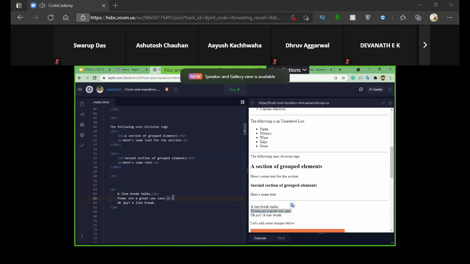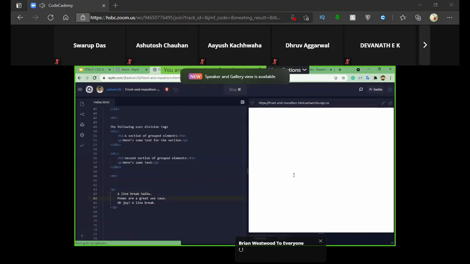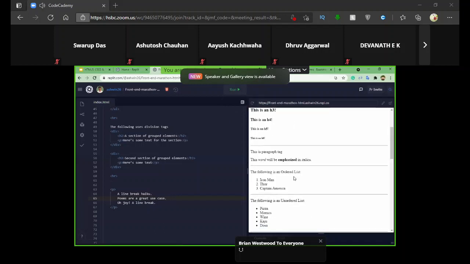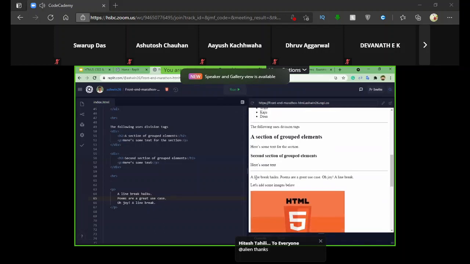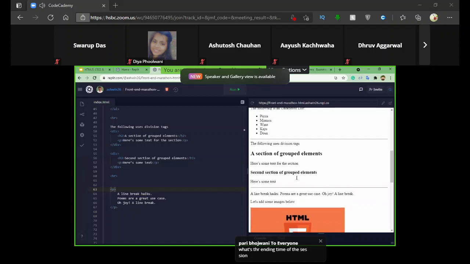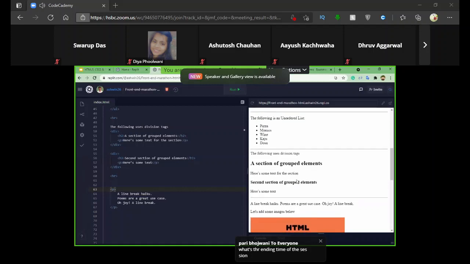To prove it to you guys, I'll just remove these two tags and run it for you to see how the text is displayed. As you can see, all of it is displayed in one line. Even though I have separated it out inside this HTML file, it is not displayed here as the same amount of text, right?